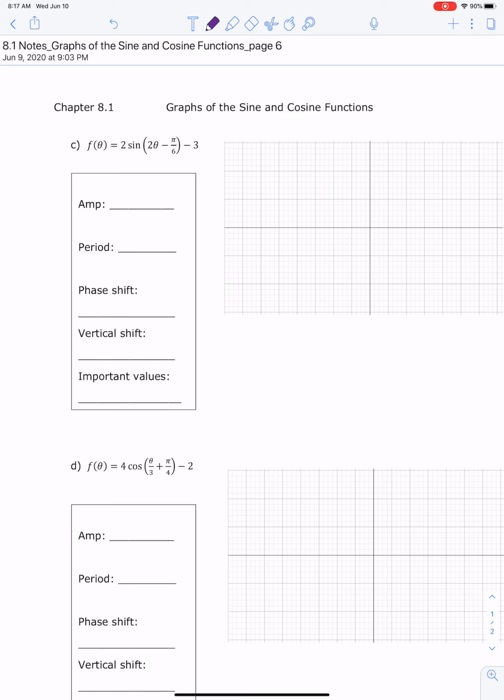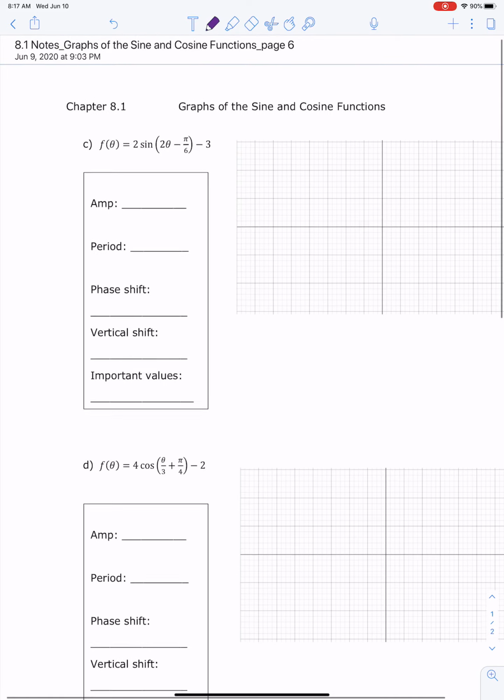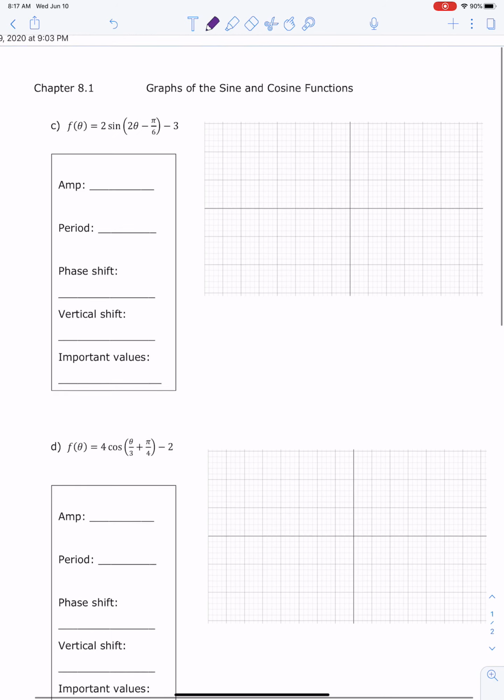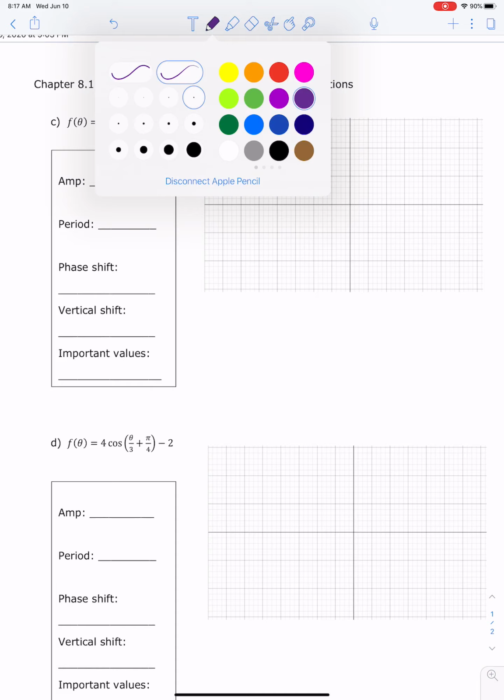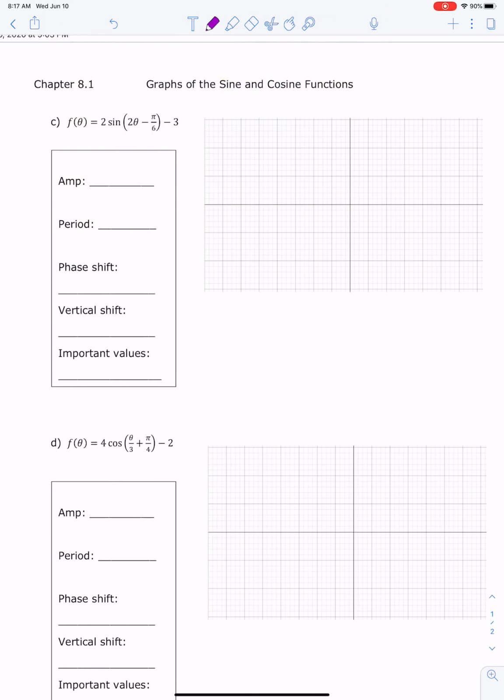Okay, here we are. 8.1 notes, graphs of the sine and cosine functions. This is page 6. We've got two more examples, C and D. You'll notice again that the graphs are not labeled. We will get to that. So a couple of things first. Let's really quick, we're going to run through